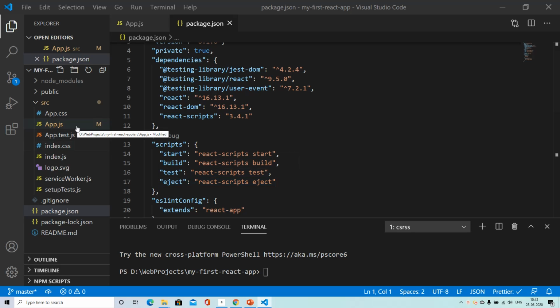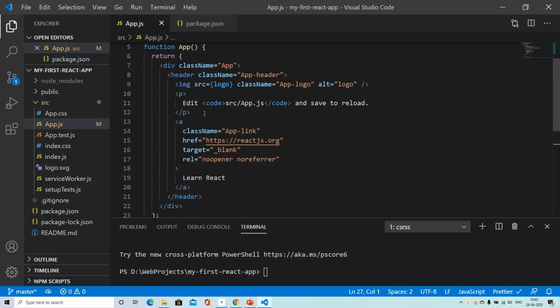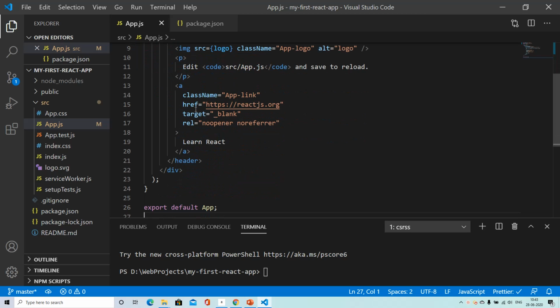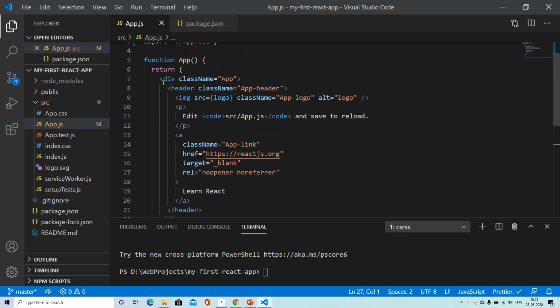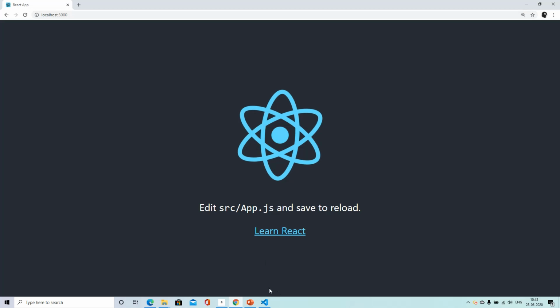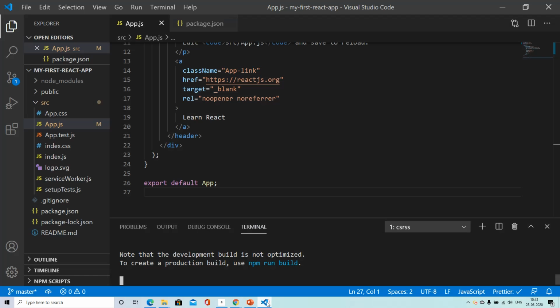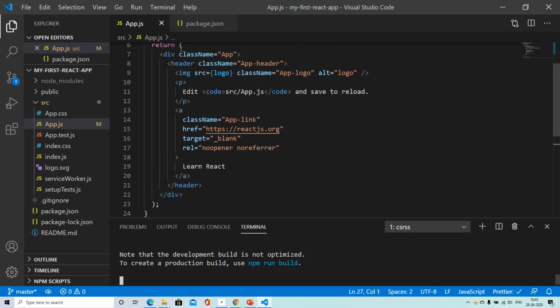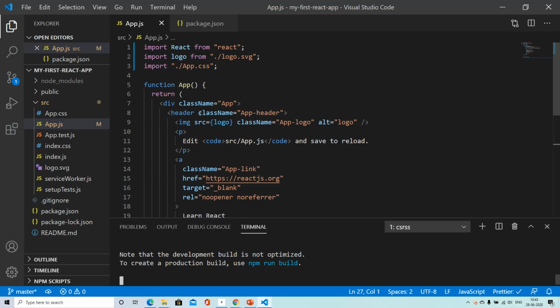The next important file located in our project is in the source directory, and that is the app.js. So app.js is the main file in our application right now, where all the HTML that we see on the home page is located. Let's run it now and compare. So we can execute npm start to start our application. I can open it in Google Chrome, and this is the application that we see over here. And if we go to our code, this is exactly matching with what we have in the app component.